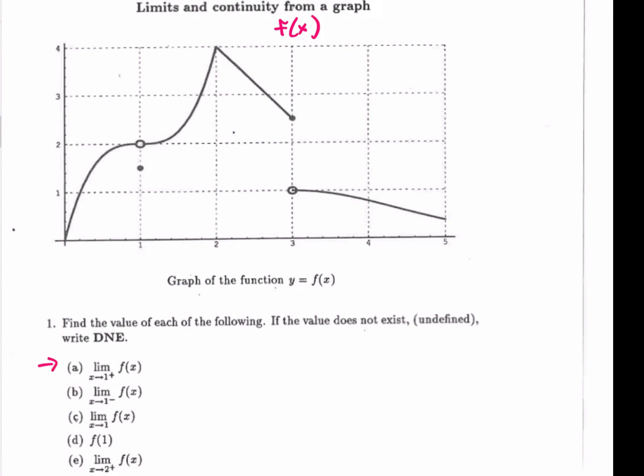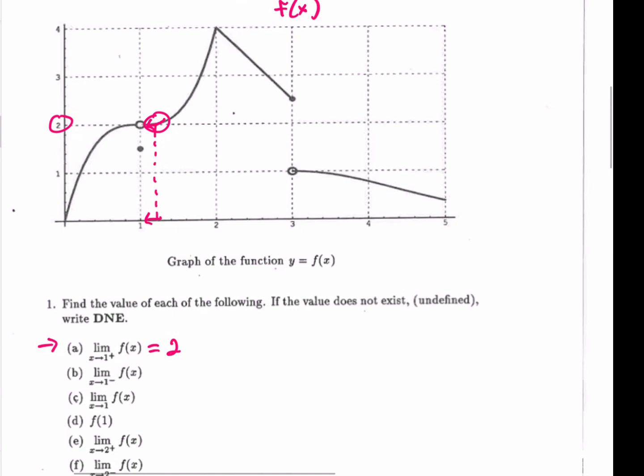Let's look at problem number A. It says the limit as x goes to 1 from the right of f of x. We're asked, what does that equal? Let's approach 1 from the right. So on the right side of 1, we would come in on the graph. On the right side, what are the values of y when we have x getting close to 1 on the right? Well, it looks like we're getting close to the number 2 as far as y values go. As we approach 1 from the right, our value is 2. Let's look at from the left. Let's then ride the graph on the left going towards 1 on the left,